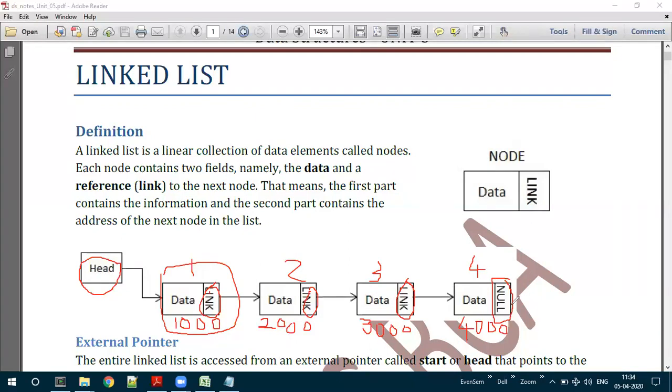Just to give an analogy, you can say that there are four friends. Each friend is a data. Assume that each friend is a person, is a data over there, and the hand they are pointing with, the hand itself, you can say is a link field. If you are pointing to the next student, then it appears you are linking to the next friend. In the same way, the next friend also, if they point using their hand to the third person, then you are linking it to the other person. Like that, each node will be containing two parts. The first part is the data, that is the actual data, and the second part is the link. Link is nothing but the memory address of the next node which it is pointing to.